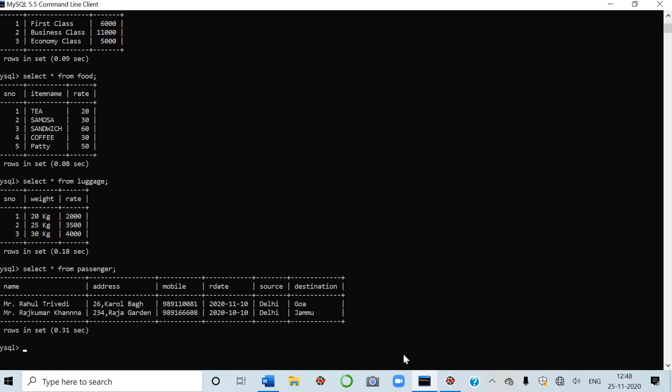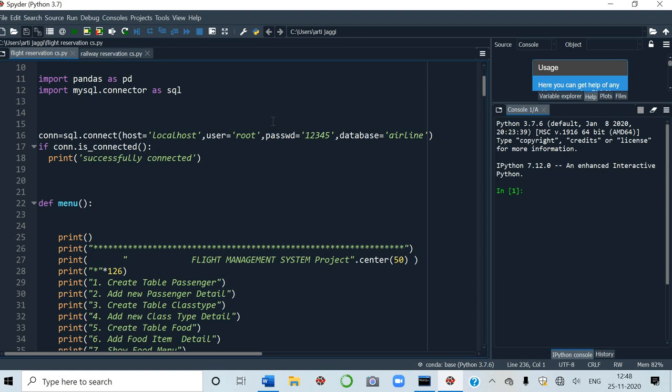Okay. Now let's come to Spyder. This is my favorite software. I work in this only. So in this, you have to import pandas as pd. This is a library, as you know very well, and you have to take care of the case sensitivity of these keywords or the library names. Then import mysql.connector. You have to connect it with the backend, that is MySQL, and this is your front end. I'll be giving the queries using this object name, this variable name, as SQL.